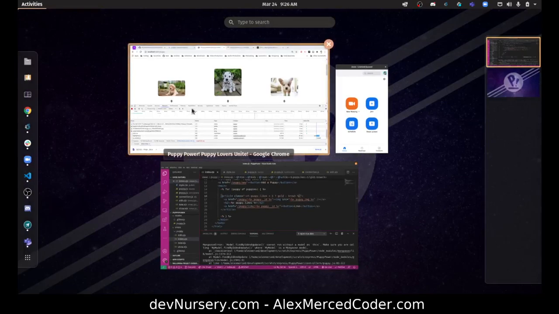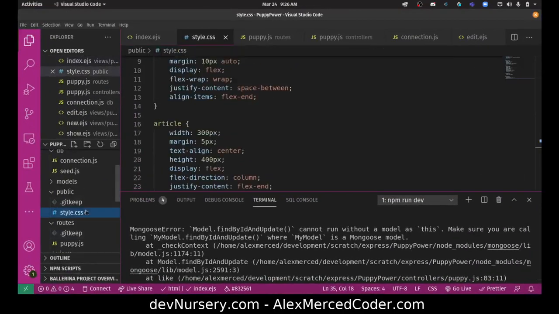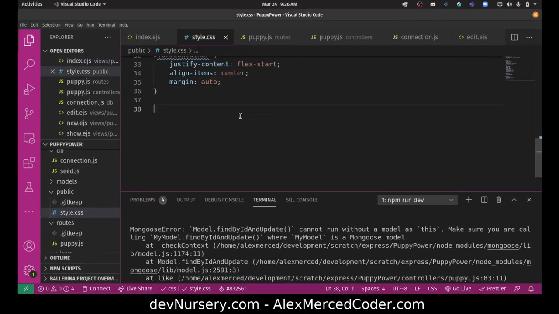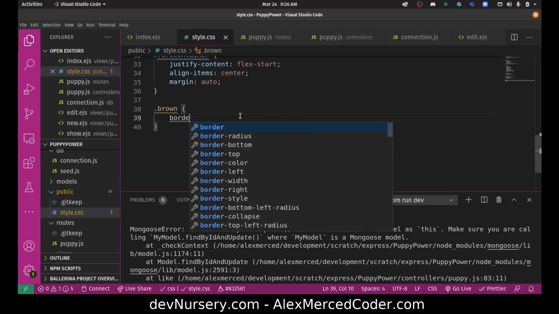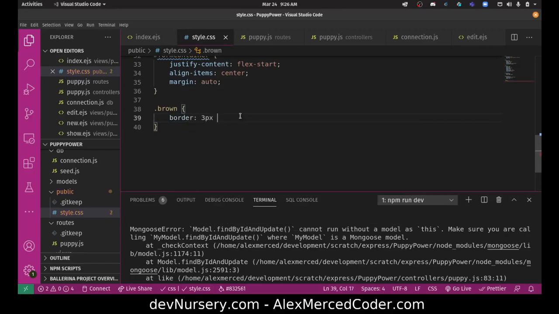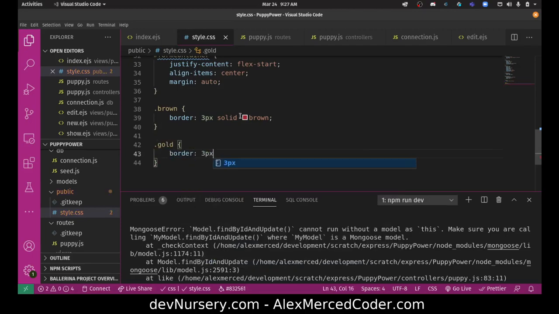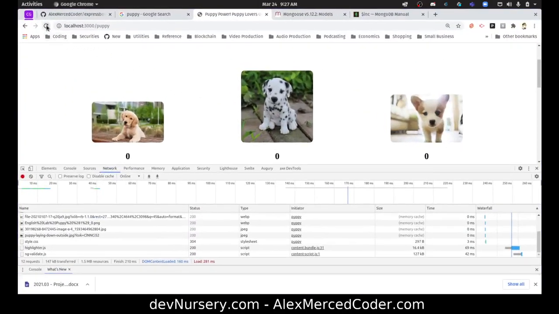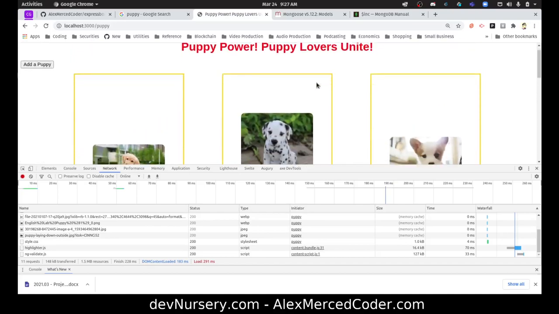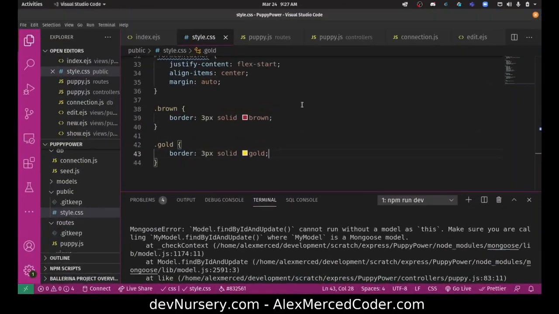Now I need to actually create those styles. So let's go over here and style it in CSS. Let's create a brown class. A class is with a dot, so dot brown. And if it's dot brown, it should have a border of 3 pixels solid brown. And if it's gold, it's going to have a border of 3 pixels solid gold. Okay, so now if I refresh this page, see now every puppy has a border, although all of them have gold, so that means I messed up my if